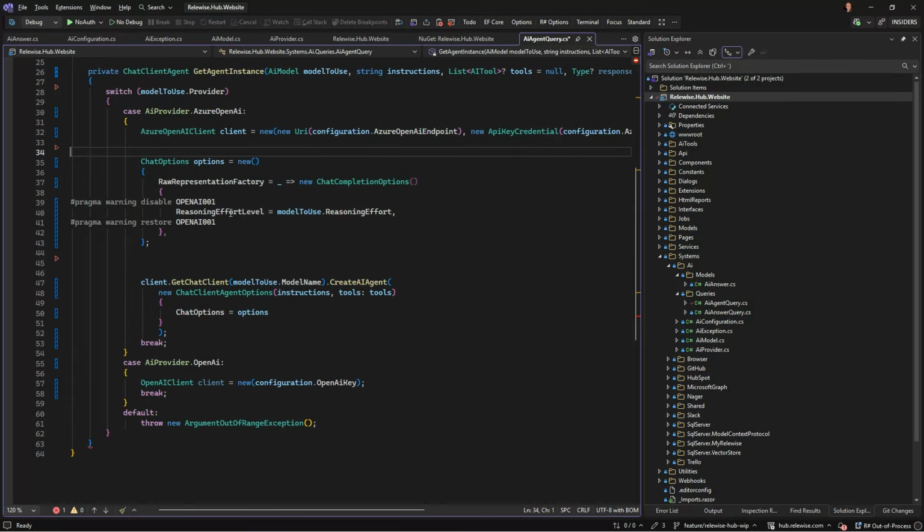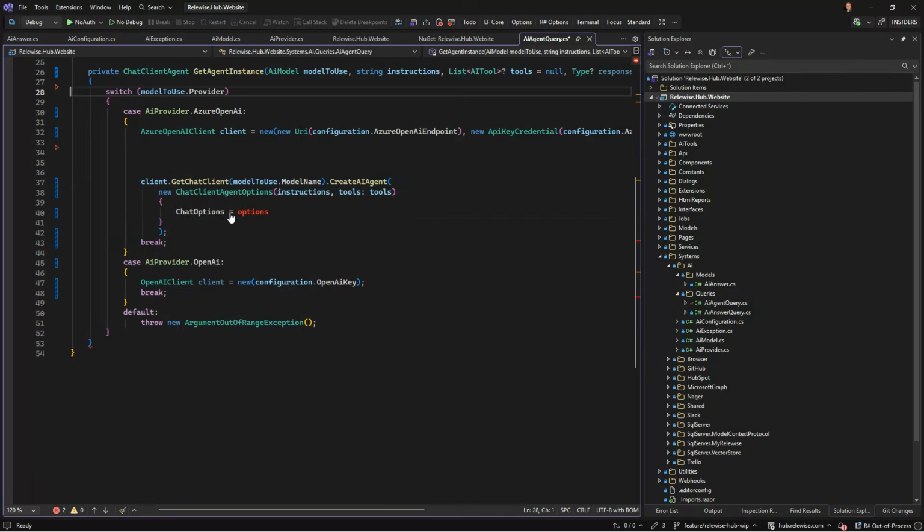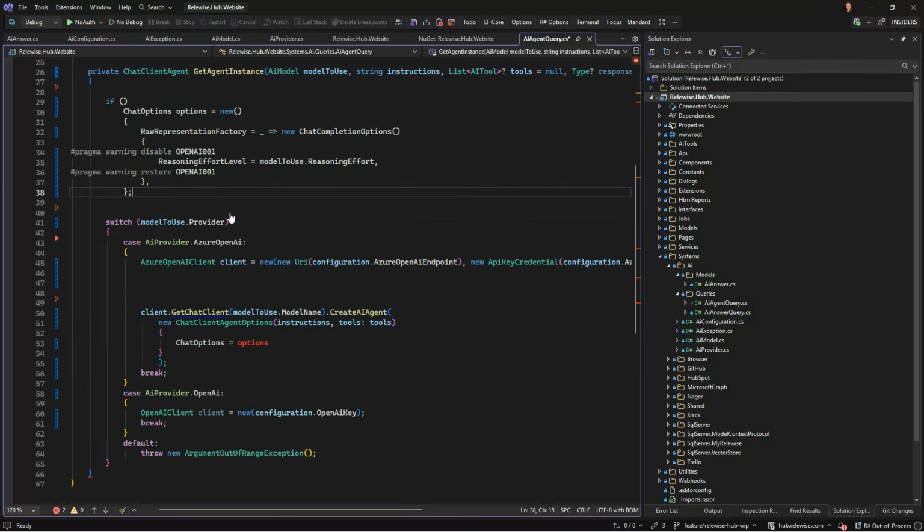there's a reasoning effort. So I'm gonna say if, let's pull it out because it can work across both Azure and OpenAI. Some of the times I'm using a reasoning model, and if you set the reasoning effort, if it's not there, it normally fails.